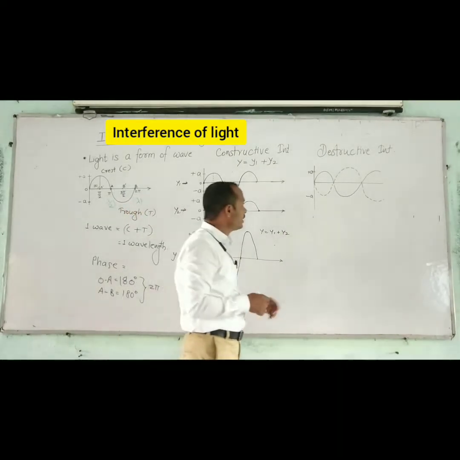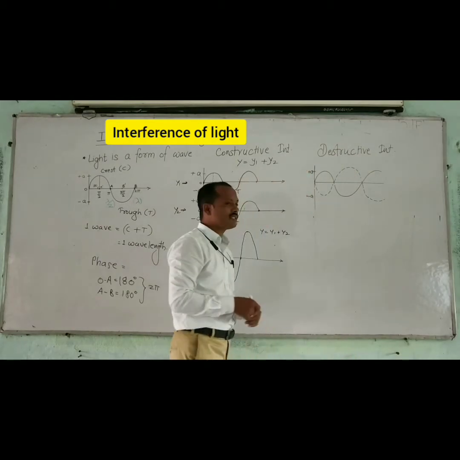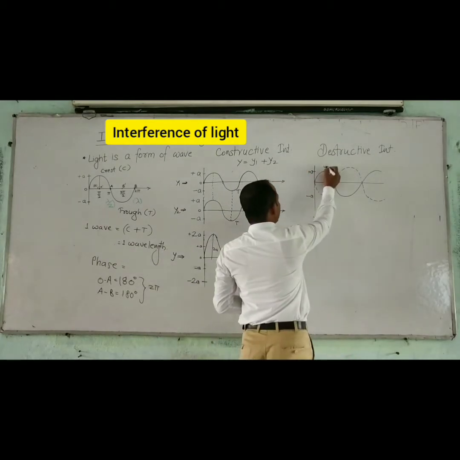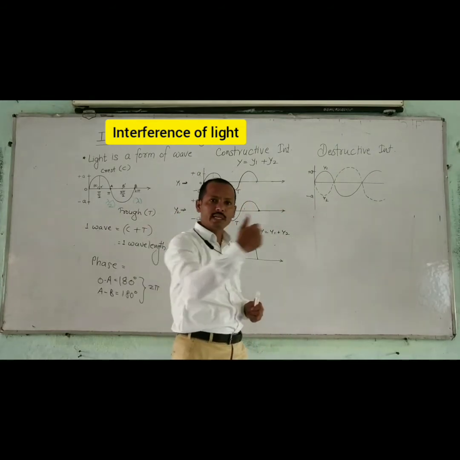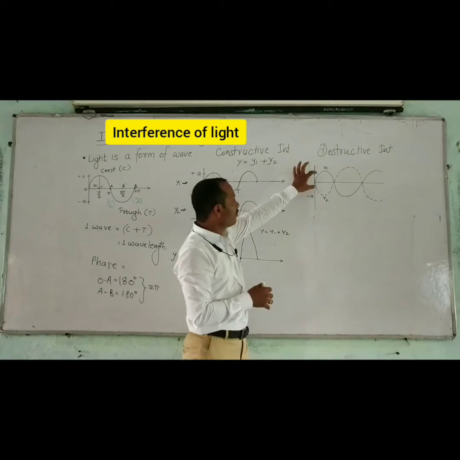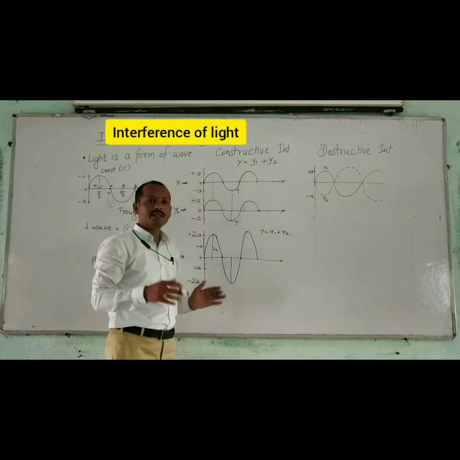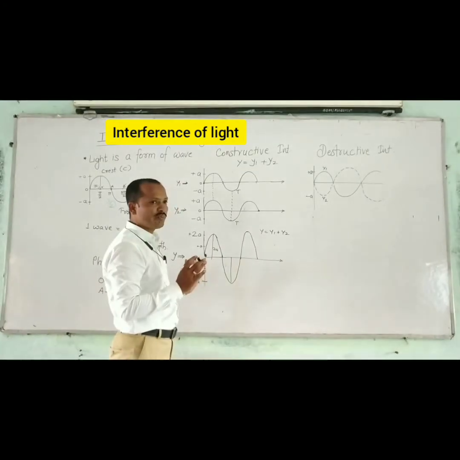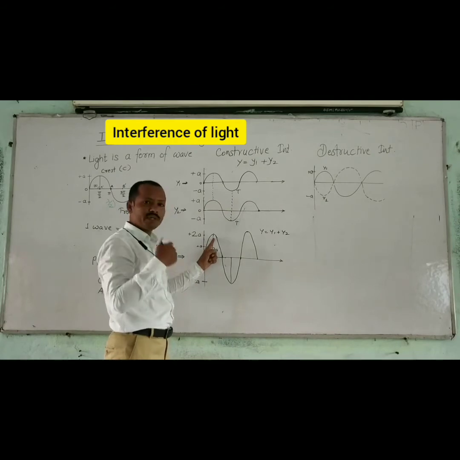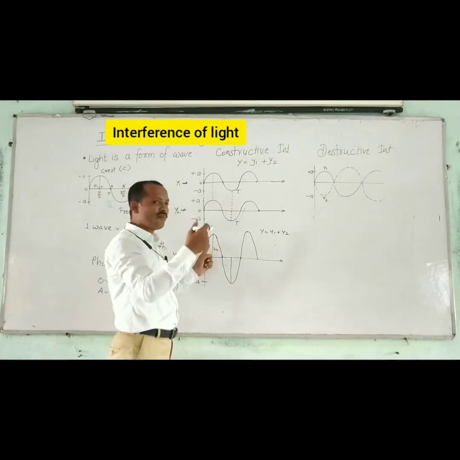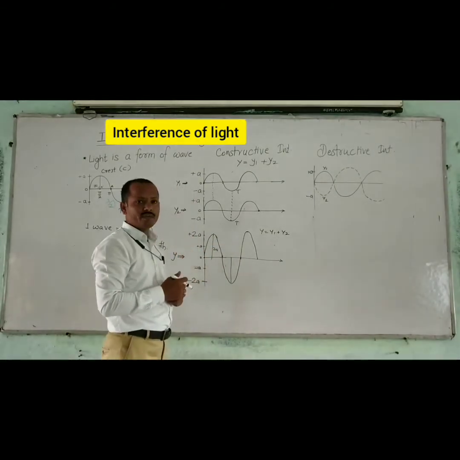Now another part is destructive interference. Now what is the destructive interference? Where we consider the two waves y1 and y2 moving along the same path. Now there is some difference here. When we observe these two, both waves are in the same phase. Same phase means what? Crest of the one wave coincides on crest of the other. Therefore we get same phase difference, and at the same phase or zero phase we get constructive interference.